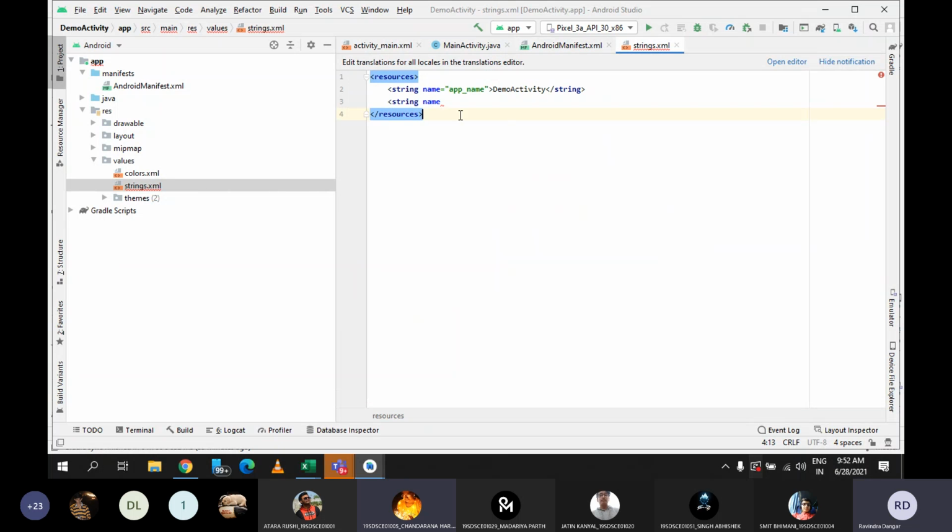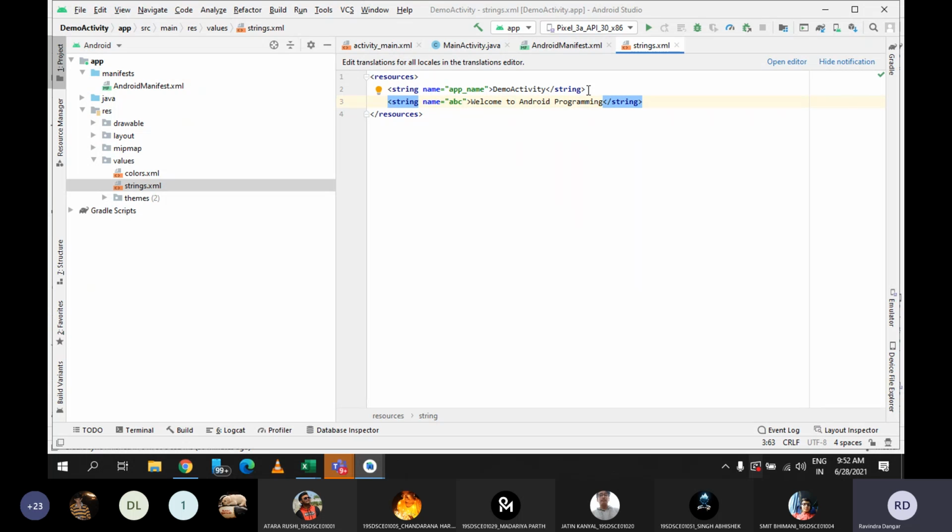And in this string.xml, this is what I'm trying to explain. Let's say now I am using one more variable, let's say ABC, and I am giving the value of this ABC variable, let's say welcome to Android programming. So now what is the meaning of this variable?